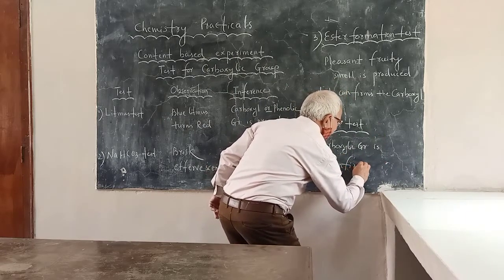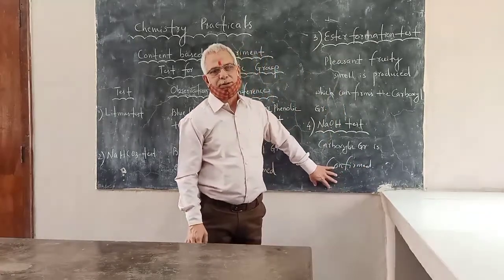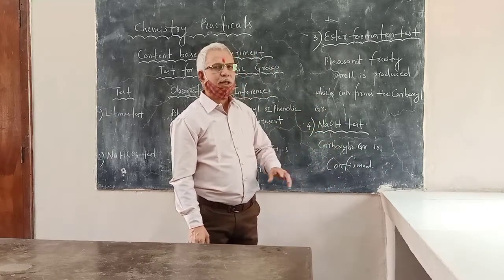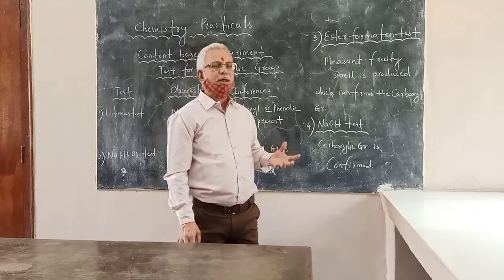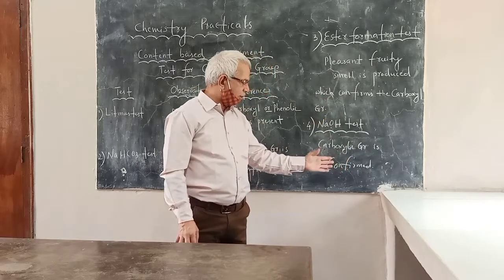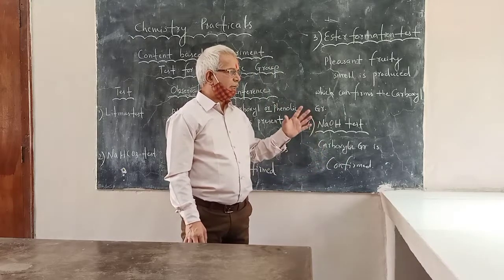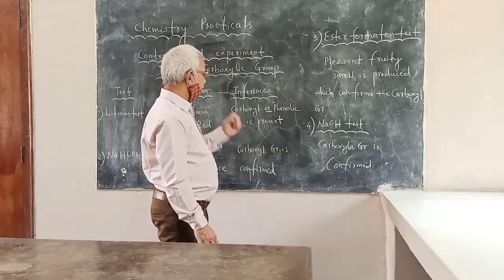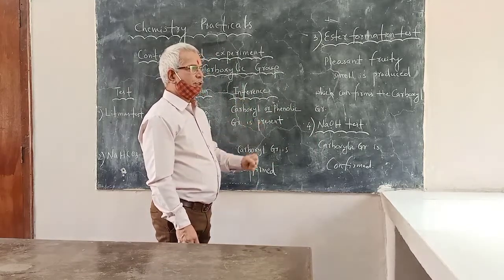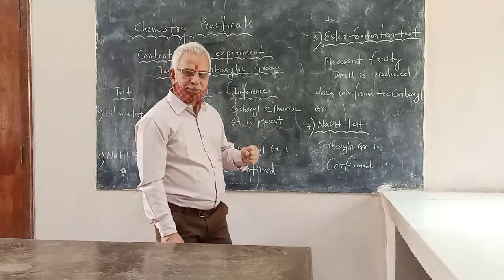In this way, you have to show all your results in the tabular column, and this will give you full marks because it is confirmed. Those confirmative tests which you have done in the test tube, you have to show to the examiner, so that by seeing your record observation, there is no chance of losing marks. So in this way we have to perform the examination. Today we have done how to check whether the given compound is an organic acid or not. In a future class, let us see what other tests can be done. Till then, have a nice time. Thank you, my dear students.